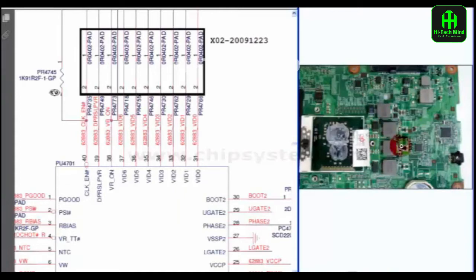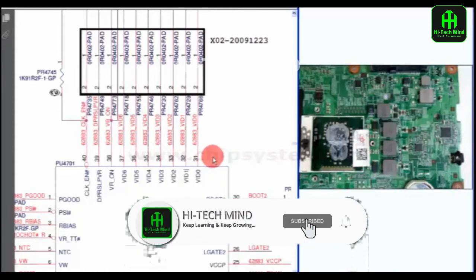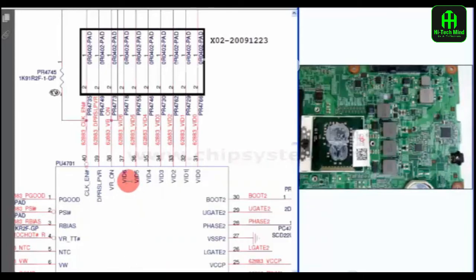This is the CPU voltage output coil. If the CPU voltage is absent, we should check the CPU voltage coil at the checking point. If the coil voltage is 0, then we should try changing to a new CPU. If the CPU bus speed does not match, the CPU does not generate the VID signal, then this IC does not receive the VID input from the CPU. So try with a new processor.